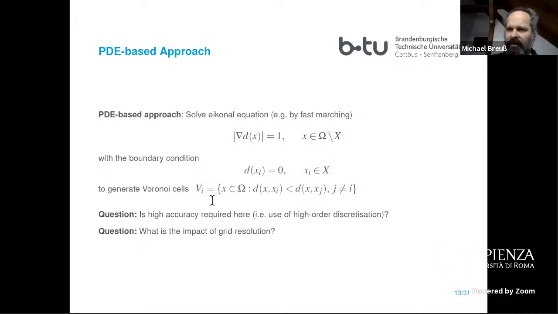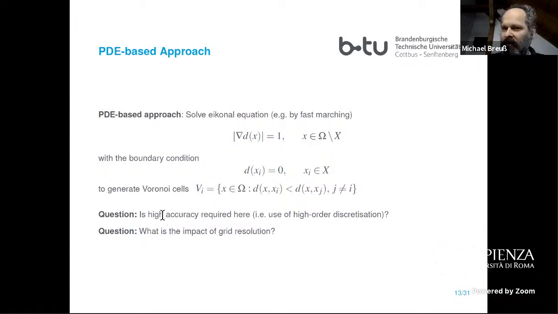The principal advantage of this is that, because we are speaking about geodesic distances, you can easily have it as a flexible tool for non-convex geometries and so on, because you simply run your method and the Eikonal equation will do what it does, and there is no inherent problem. So this is the advantage. But one needs to address a certain number of questions about it.